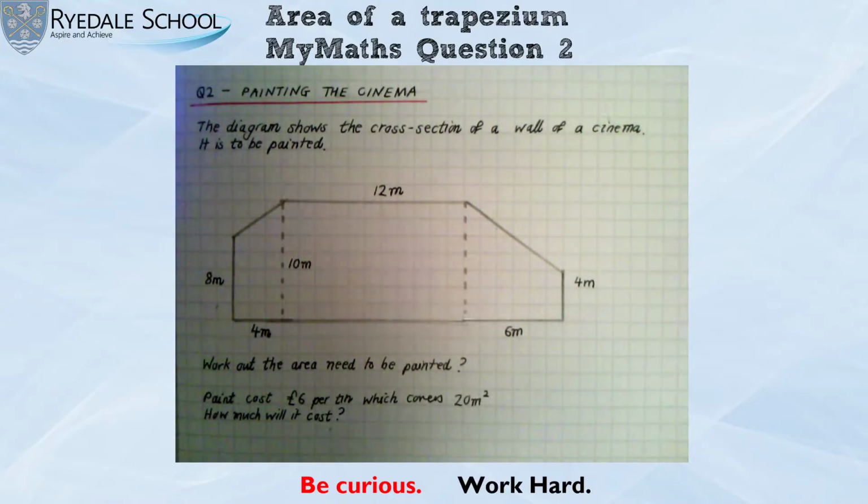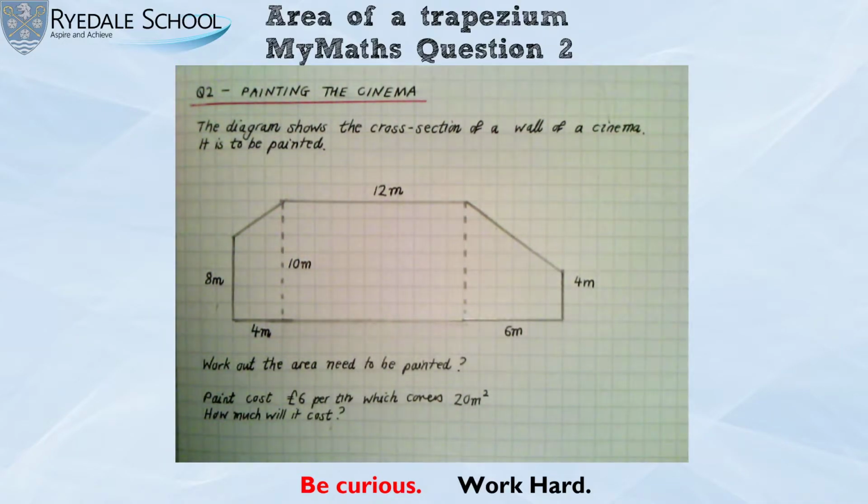Hello Year 8. One or two of you seem to be struggling a little bit on the MyMaths Q2 for area of a trapezium. There is an example of this question in the lesson, I believe it's slide 7 or 8, so you can have a look there, but I just thought I would go through a quick example of